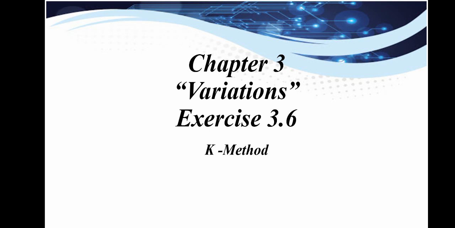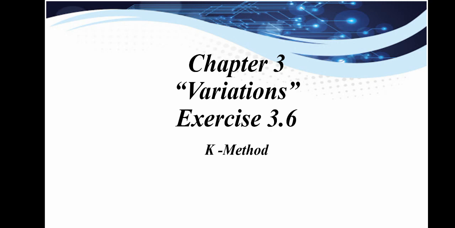In exercise 3.4, the first question is that you have to prove A ratio B is equal to C ratio D if the equation is given to you. So the first word written over there is prove. Wherever it is written in the start that you have to prove, you have to use componendo, dividendo, alternando, invertendo theorem. But in exercise 3.6, the first statement starts with the word if. If A ratio B is equal to C ratio D, then show that this equation is equal or not equal. We will study later on.